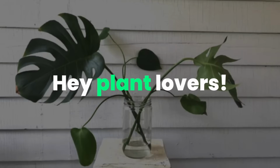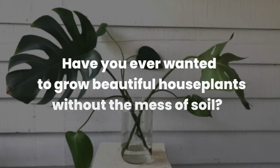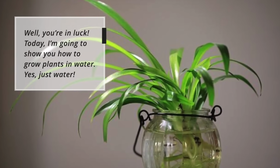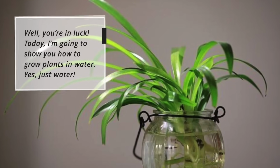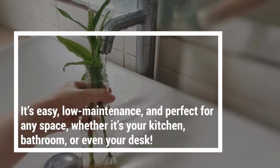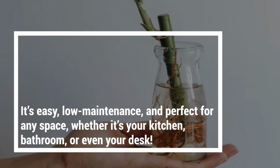Hey plant lovers, have you ever wanted to grow beautiful houseplants without the mess of soil? Well, you're in luck. Today, I'm going to show you how to grow plants in water. Yes, just water. It's easy, low maintenance, and perfect for any space, whether it's your kitchen, bathroom, or even your